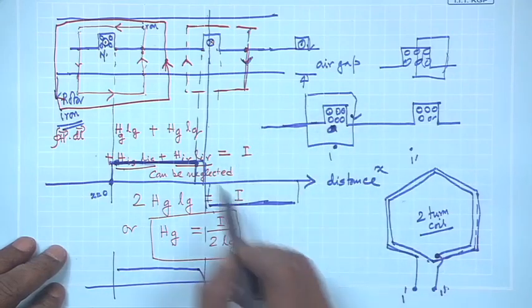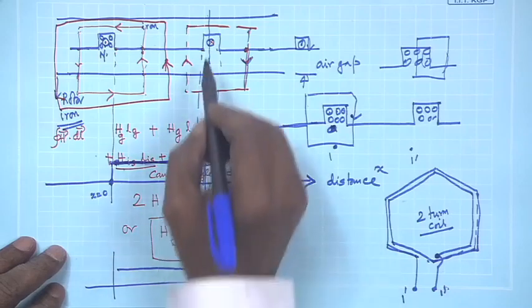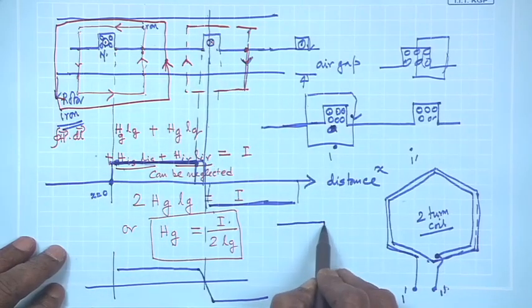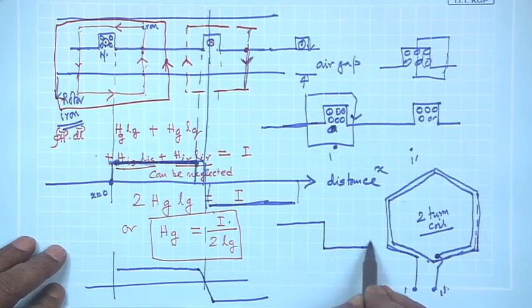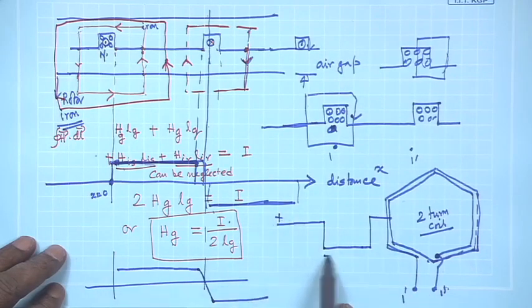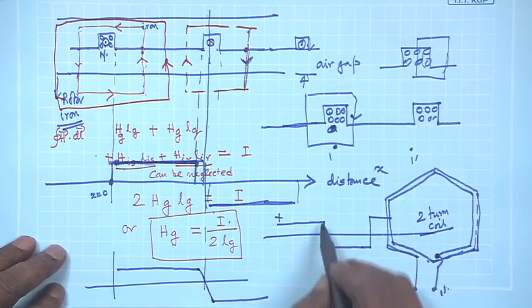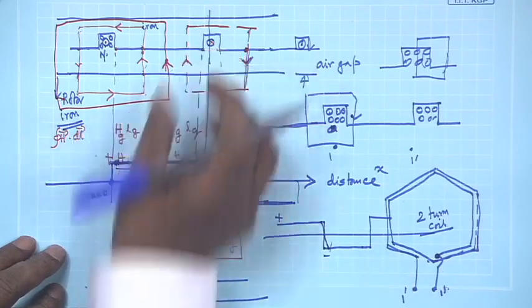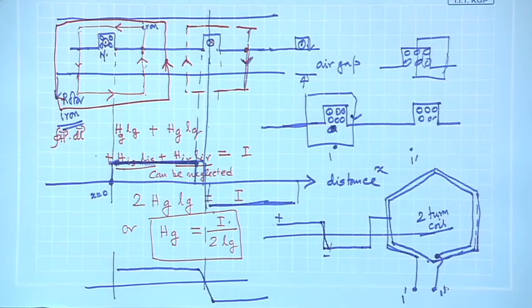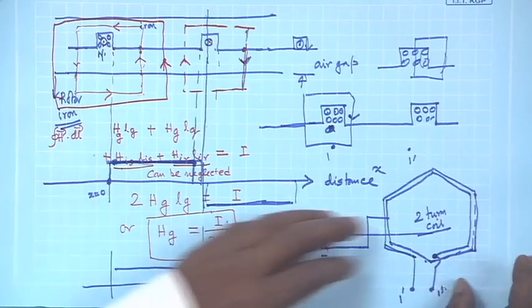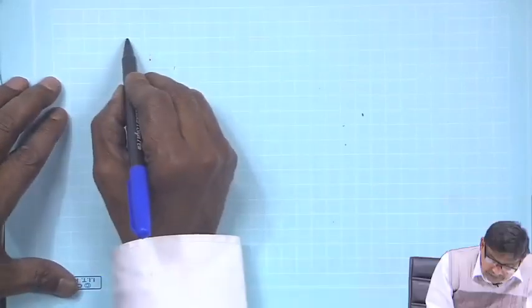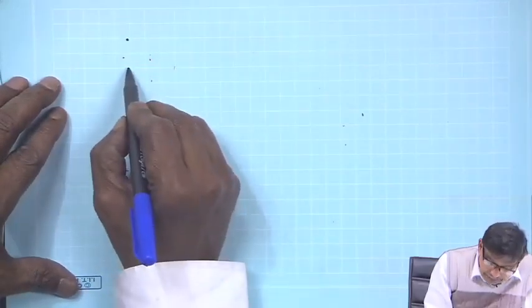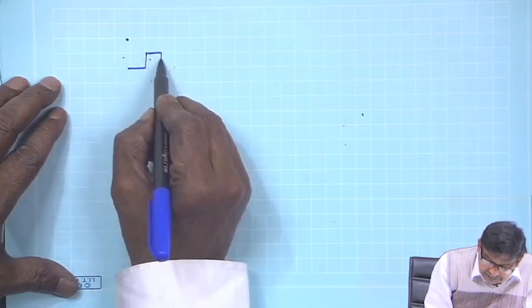So, instead of that, what people do, that discontinuity you forget, at the center of this slot make the change, that is how you show the H distribution. It is after all going from a positive value to a negative value along the distance, because the slot width is much smaller compared to the pole pitch of the machine. Therefore, the H distribution of a multi-turn coil like this, if I finally sketch it, let us repeat that, it is nice. This is this,